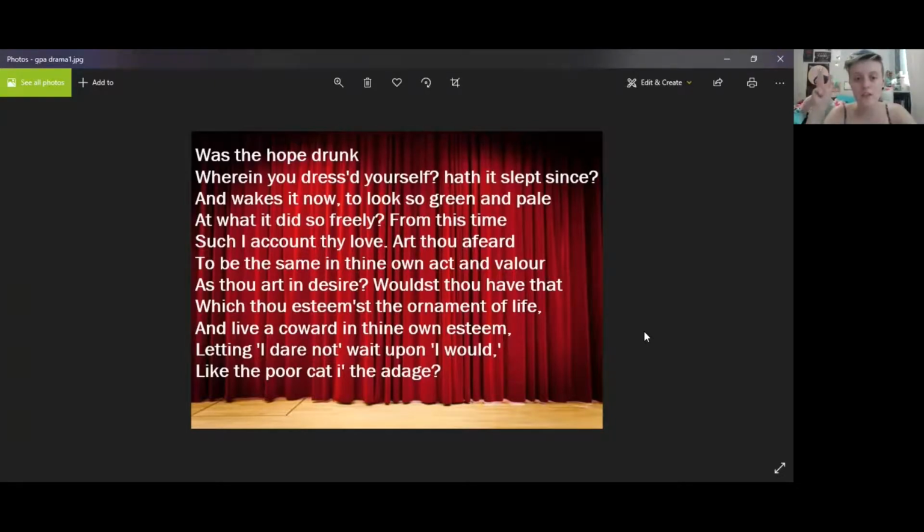Wherein you dressed yourself, hath it slept since? 10 syllables. Yay! And wakes it now to look so green and pale. 10 syllables. At what it did so freely from this time. 10 syllables. If you're lost on counting syllables and you aren't sure how many syllables are in a word, an